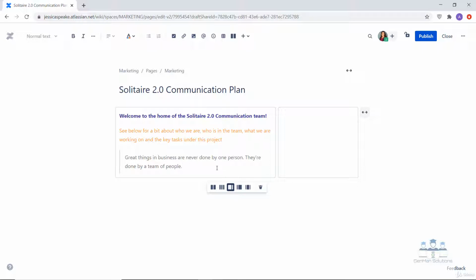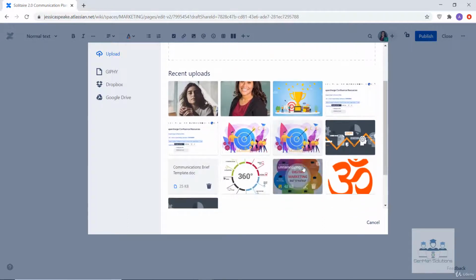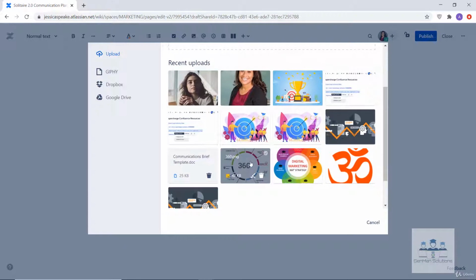Now just to make the content engaging, let's add a relevant picture in the right sidebar. To add a picture, you can either go to the files and images icon on the editor toolbar. In case you have a recently uploaded image, you can choose the same, or if you want to upload a fresh file, you can do the same by uploading a fresh file.